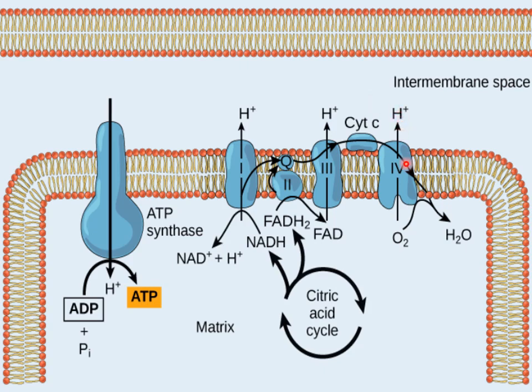And when this export continues, as more energy is required, more of these redox reactions occur in the mitochondrial matrix, and more protons will be exported into the intermembrane space. When the concentration of these protons becomes higher, the matrix has very few protons, and the intermembrane space has a high concentration of protons, so a potential gradient is established.